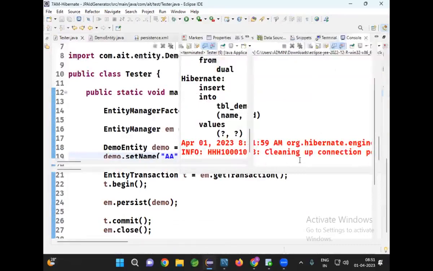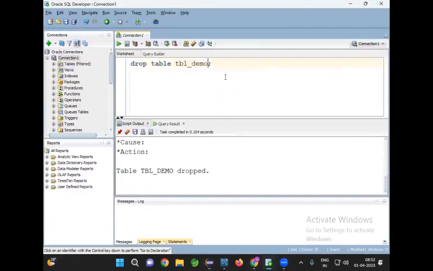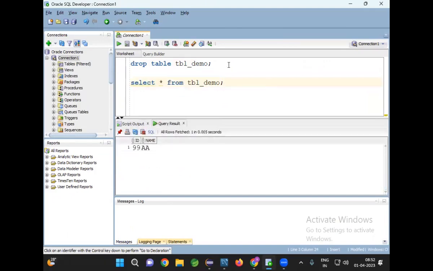Inserted. But see the answer. From where is it selecting the next value? My own sequence, not from hibernate_sequence. It's from my own sequence. Okay, observe here. Select star from, what's the table name? TBL_DEMO. Now see,